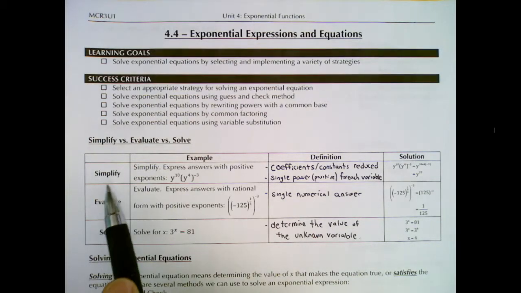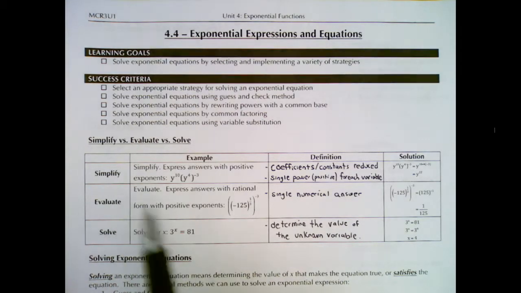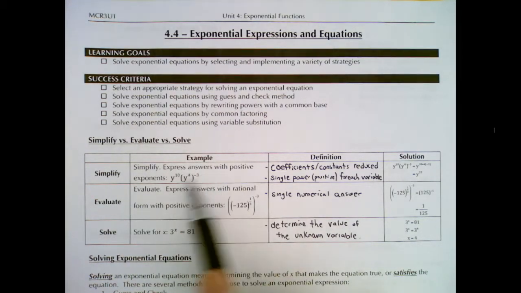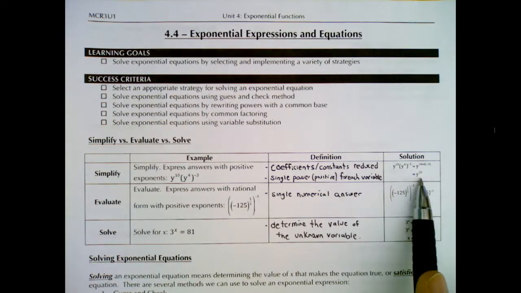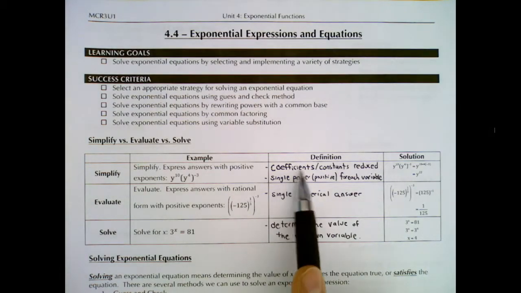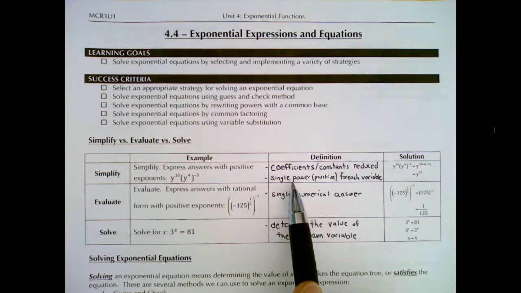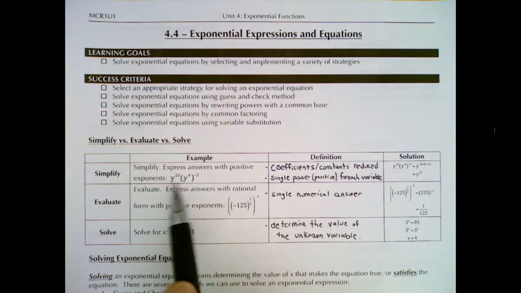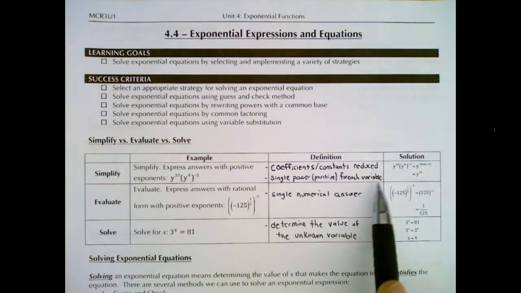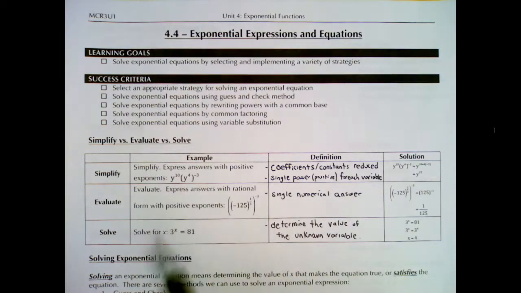Words that you've seen so far in this unit have been simplify and evaluate. Simplify means to express answers with positive exponents. So taking something that looks complicated and rewriting it as a single power with a positive exponent. If there's numbers involved, coefficients or constants, we need to reduce them. And if there are multiple variables that are the same, we need to express it as a single power. If there are more than one variable, like x and y, for example, then there'll be a single power for